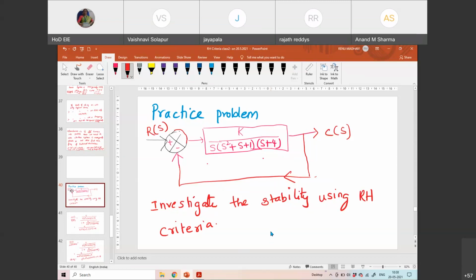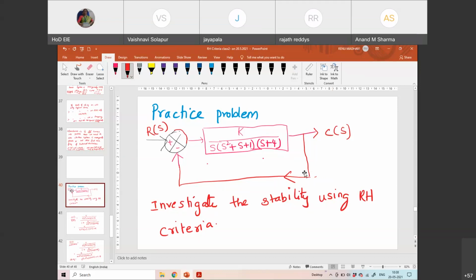Wonderful, ma'am. Will you please tell your name, because I'm sharing the screen. I can't see your name. You tell me your name. Ma'am, Vaishnavi Solapur. Wonderful. Only Vaishnavi can give answers. Others also can try to give. I know you all know it, but you have to speak. I'm teaching all of you. Everyone has to participate. Then only I feel happy that you are following. Otherwise, I think only Vaishnavi is following. The rest are not following. It should not be.